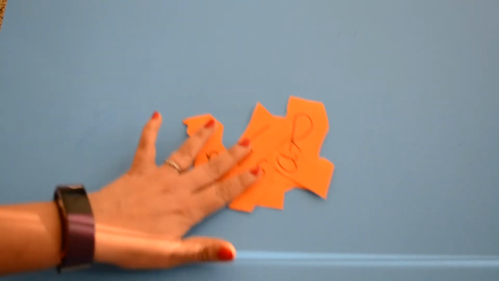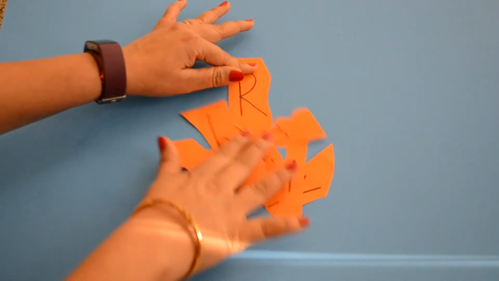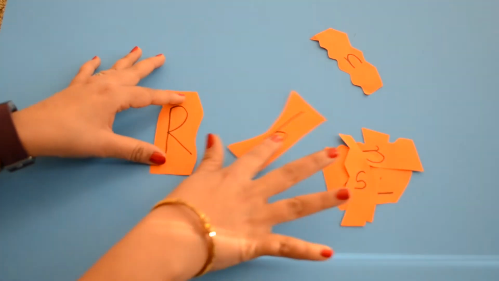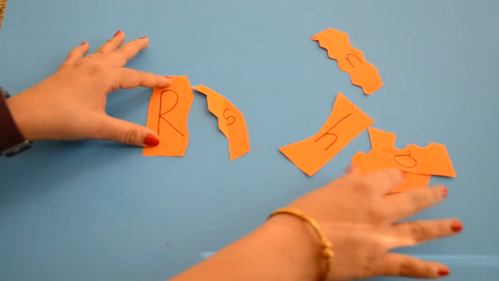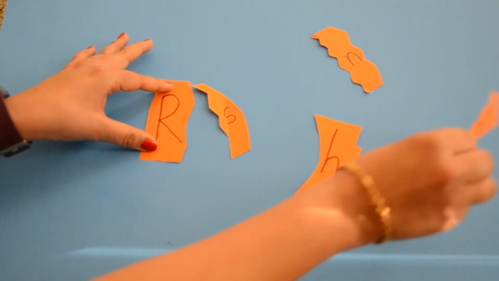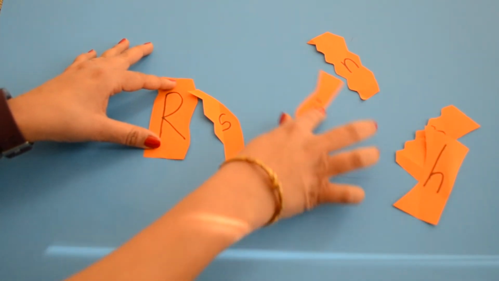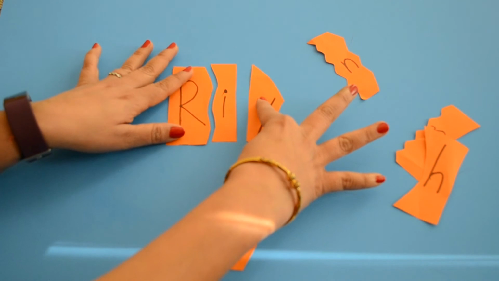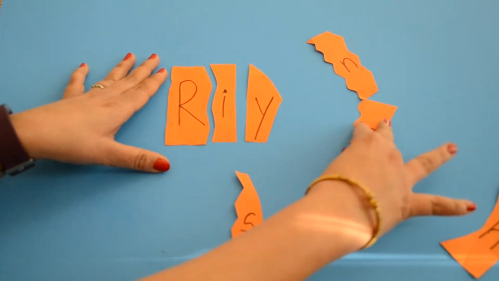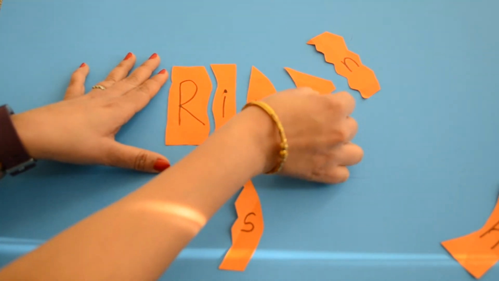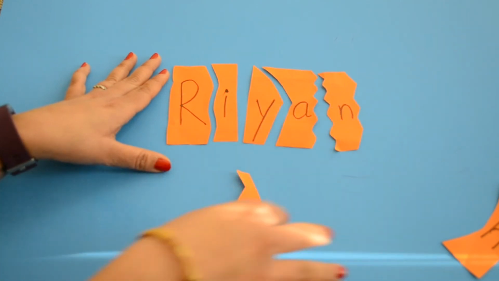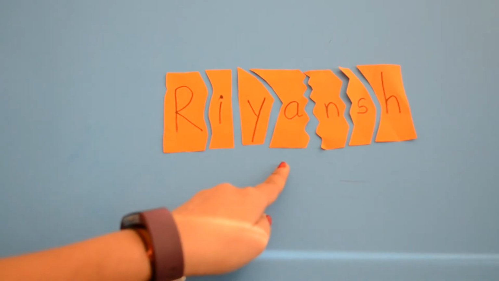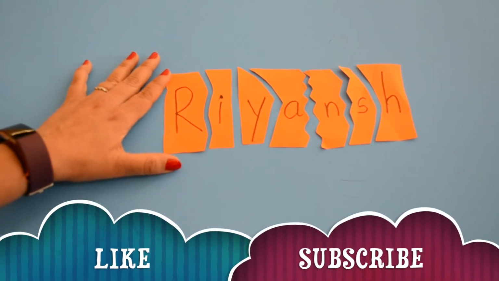This is the name puzzle activity. In this, on one paper strip, I write down the name Riyansh and cut all the alphabets or letters from one another. In short, I separate all letters by cutting with scissors. You can see here, I cut it so that all cutting lines are different from one another. Then only when we solve it like a puzzle, will it match.